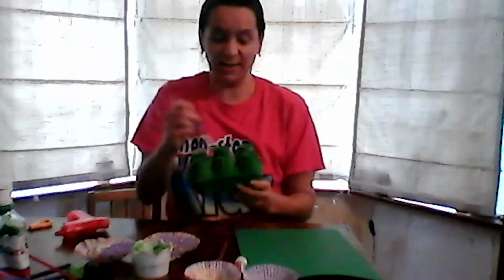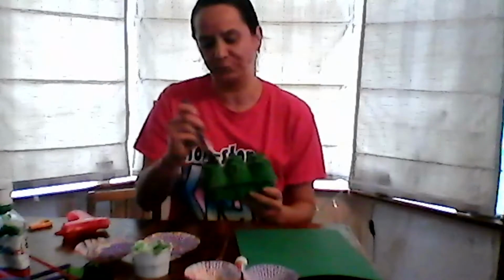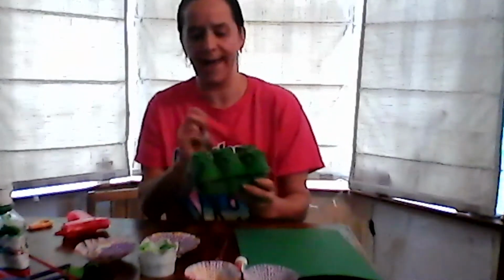Now, if you've got lots of time, once you've painted your box, you could let it dry. But you know what? I'm not very patient. And actually, it's okay. If you want, as long as you're willing to get a little bit green, you can keep carrying on with the activity. But if you prefer for it to all be dry before you carry on, then you can go off, have a play, do something else for a while, and come back to your dry egg box. Okay. So,